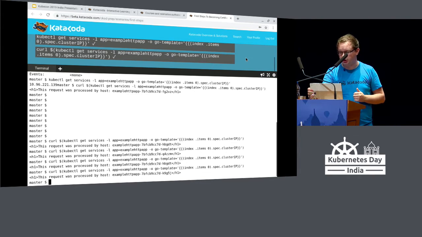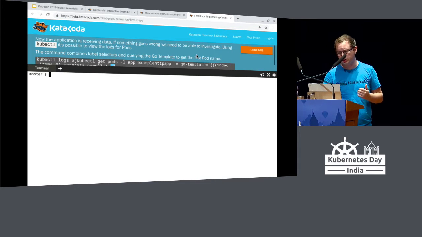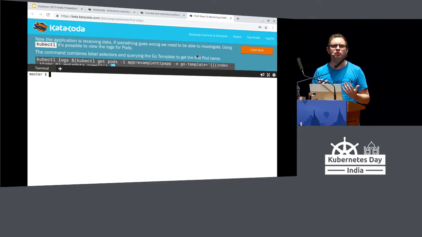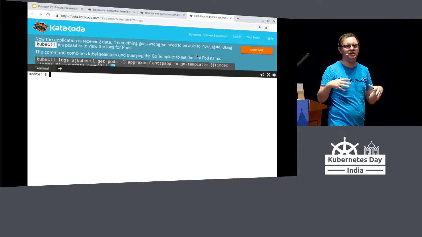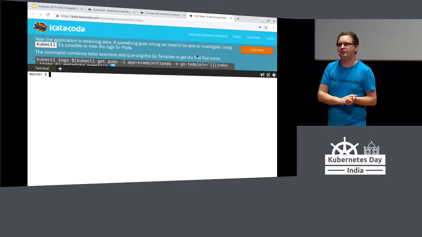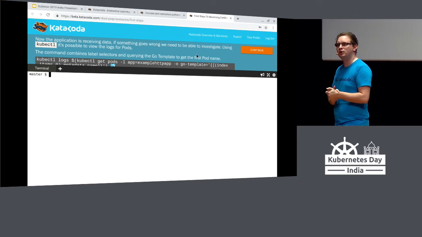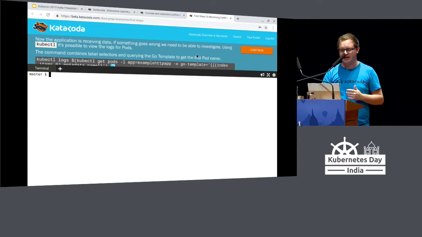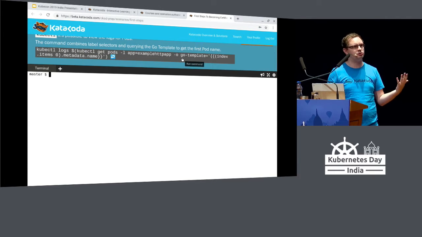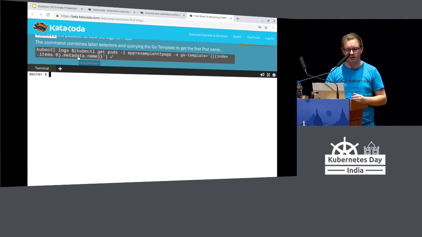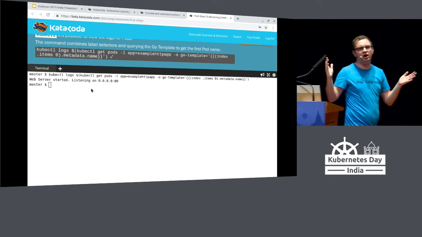So as we continue our journey of managing applications, the next thing we need to do is how do we manage it when applications potentially go wrong? What happens when errors occur? We need to know how to debug and how to identify where problems exist. And this again can be all managed via the kubectl using logs. We can ask for the logs of any pod within our system. So using a very similar property to how we queried for our services to get the cluster IP, we're now querying and saying, get me the name of one of our pods, and then piping that into kubectl. In this case, we've got an amazing application.